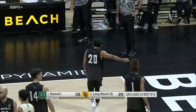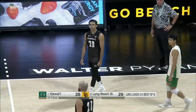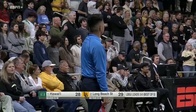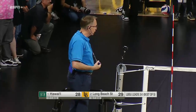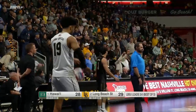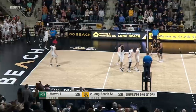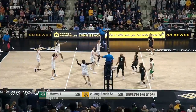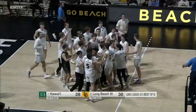Hawaii is arguing that Lines Judge was in the way of them trying to get to that ball. Trying to process everything that's going on here, Matt. So many moving pieces. Good hustle from Hawaii. Thim on the way to get that ball. Was hoping maybe for some interference from the referee. Don't know if that really came into play on that point. Big time swing for Chapanis, and we're back to match point. And the Beach looking to sweep Hawaii. Galloway. Think that's double contact called on Voss, and Long Beach State wins